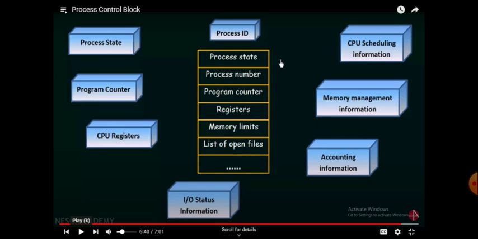It may choose by priority, low priority or high priority, or maybe by the process file size. Some processes may have a file size of maybe 5 MB, some maybe 2 MB.